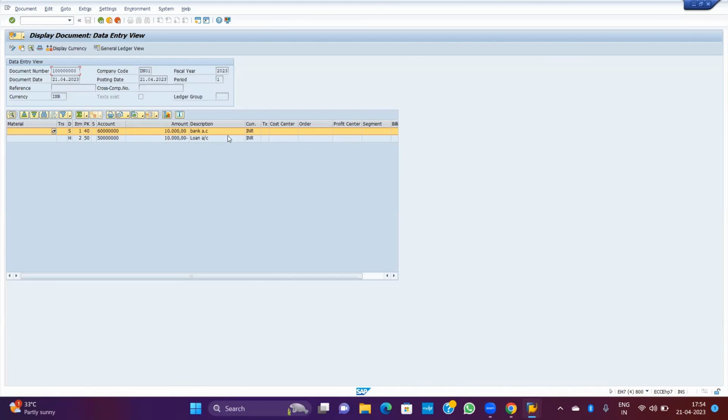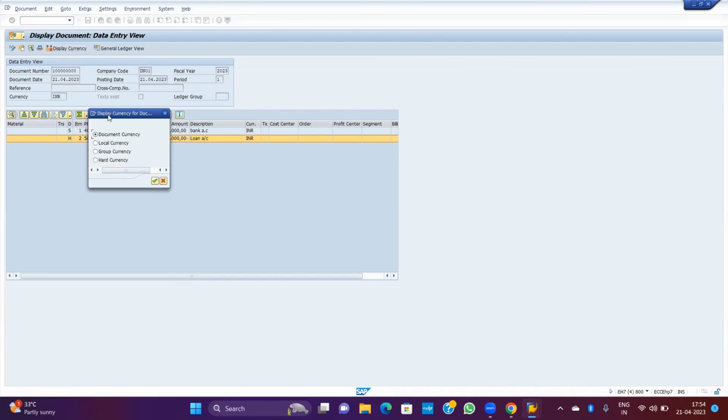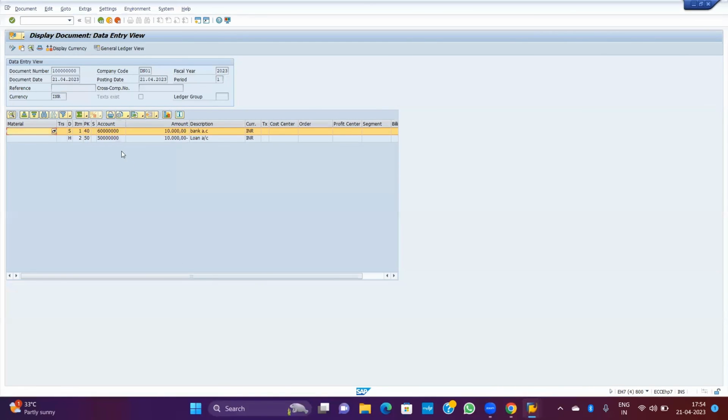Now this document is posted and we can see the currency is INR and 10,000 INR is posted. Now we have one symbol here called change currency, to display in other currency. If we click on it, it will give us these currencies. One is document currency, which in this case is INR only. Local currency is our company code currency, which is also INR. If you select local currency and press enter, there will be no change since our document currency and local currency are the same. Now if you select group currency and press enter, you can see the currency changed to euro